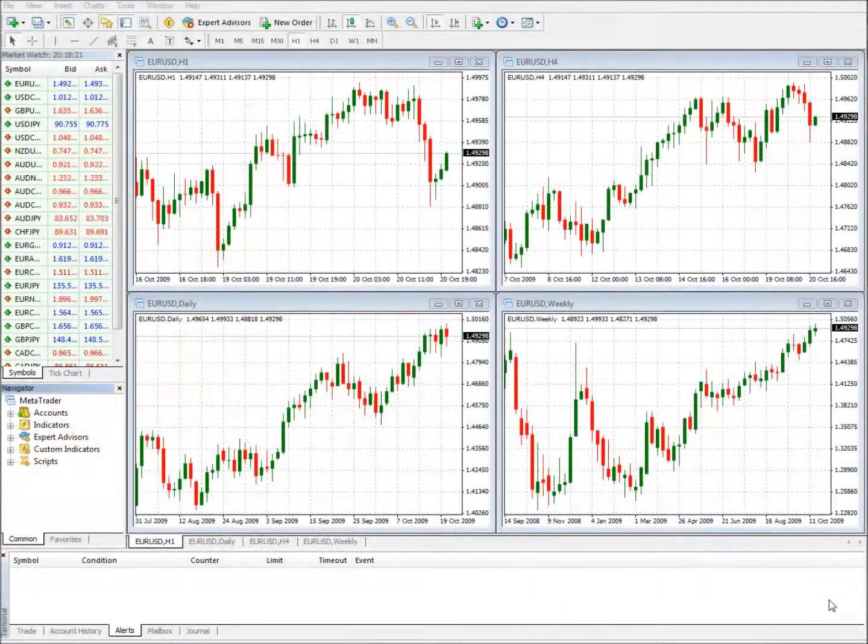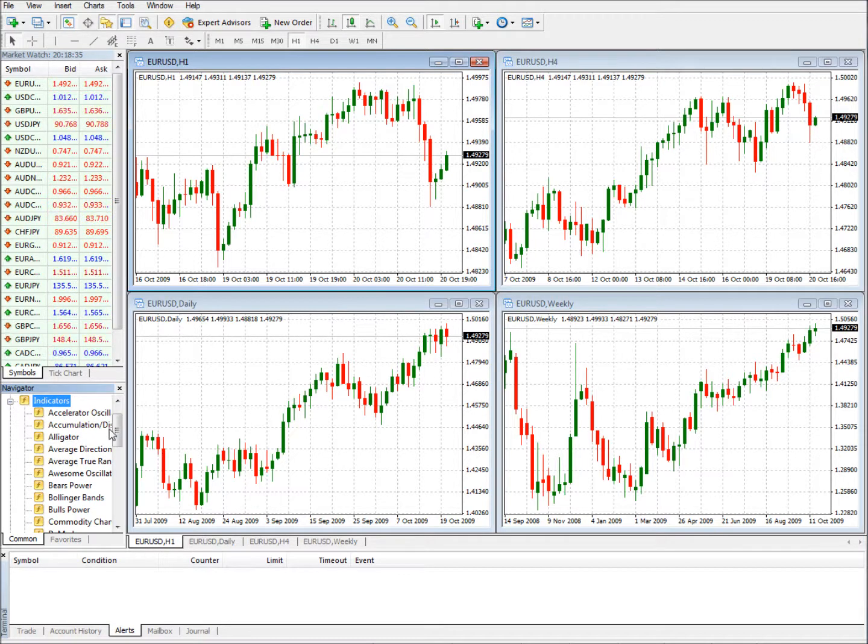Okay, what we want to quickly cover today is adding additional expert advisors and indicators to MetaTrader. Okay, so down here you'll see in the navigator window a list of indicators. You also see a list of expert advisors right here. Okay, we have one down here. And I'll show you where you'll need to add those in order for them to show up down here in